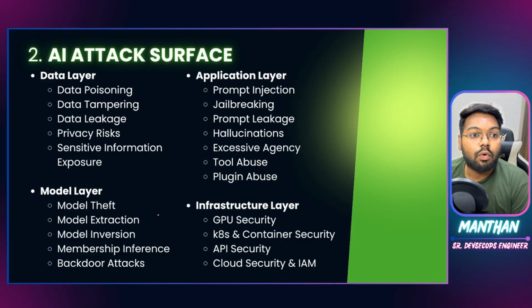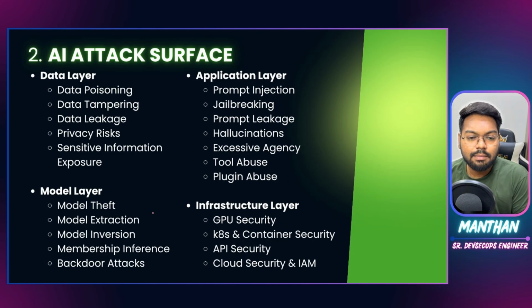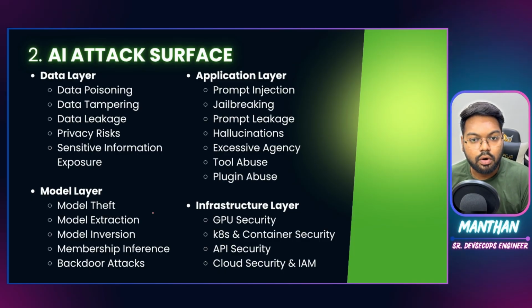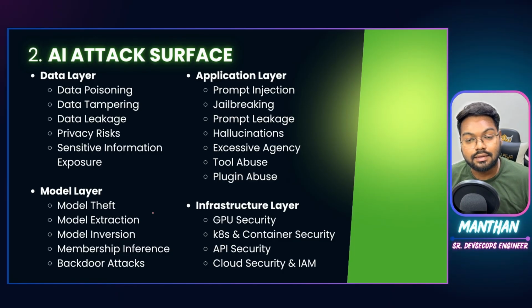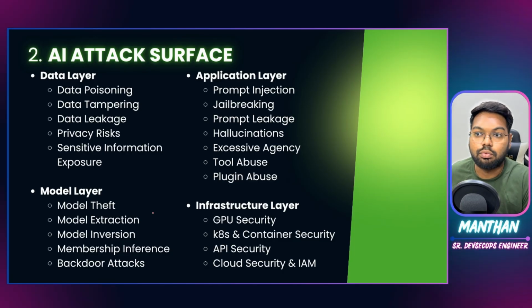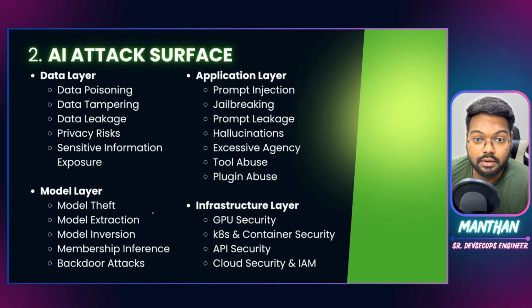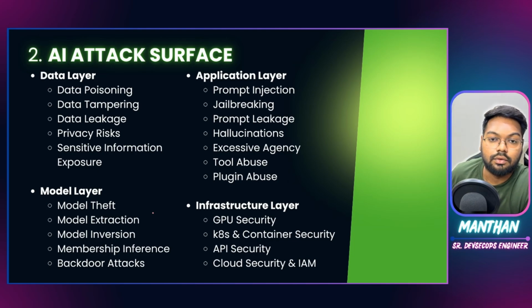Next is what the different AI attack surfaces are. As I mentioned, there are bits and pieces of AI. There is data, and there is infrastructure where your model is hosted. Then the model is a kind of compute program, which stores the patterns and data, is trained on how to recognize these things, and gives certain output. And then there is the application layer, which handles communication between the data and the model, and you prompt it using the application layer.